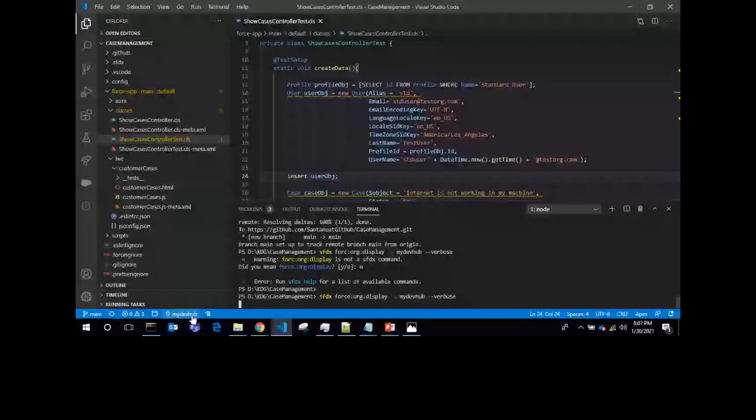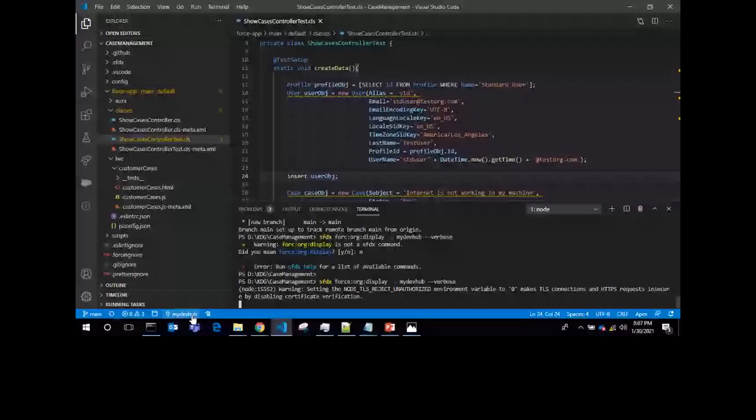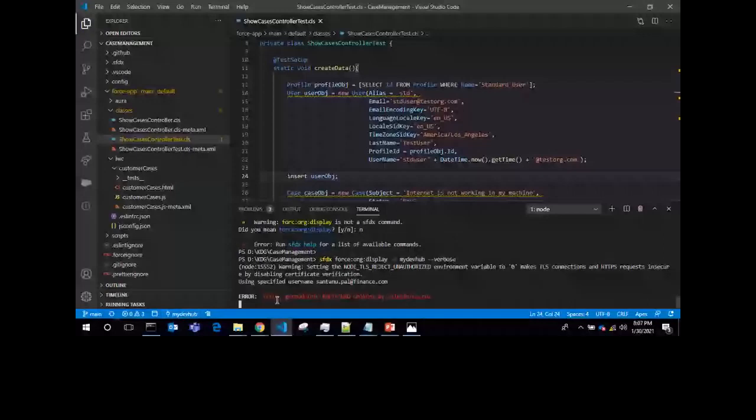Basically, it will show the auth URL. Why do we need the auth URL? We will show you. But before that, I am receiving an error due to my firewall, my network issue. When you run this command, sfdx force:org:display, you will not receive any error, so don't worry about this.